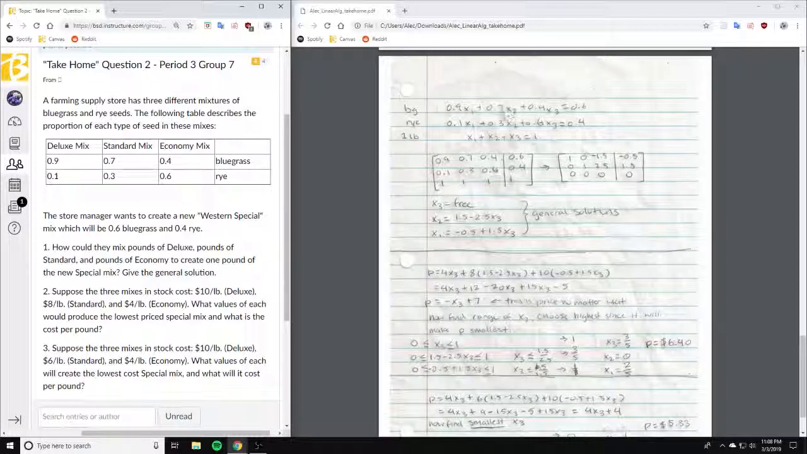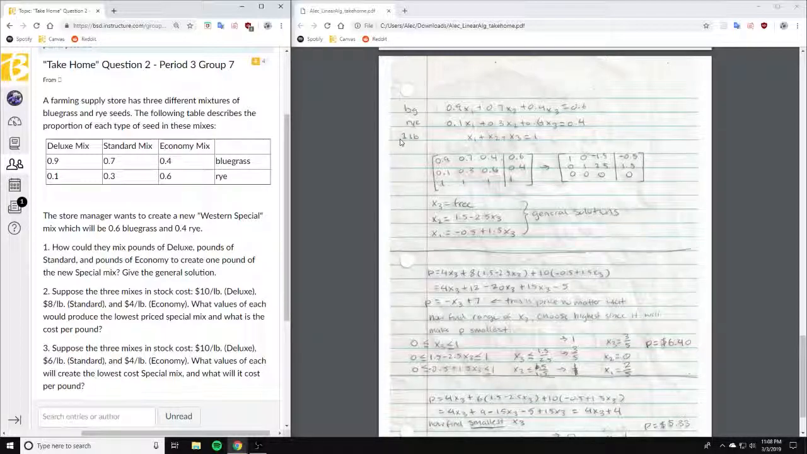the standard mix, which is 0.7 x2, plus the economy mix. And when we mix the bluegrasses together, we want to end up with 0.6. This is the same thing with the rye, as we want to end up with 0.4 rye. We do the exact same thing with the amount of rye in each of the mixes. And if we mix these together, we want to end up with these final ratios or amounts in the 1